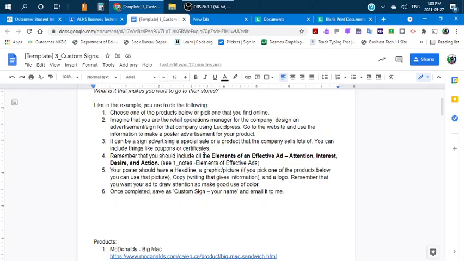Remember that you should include the elements of an effective ad, which are attention, interest, desire, and action. So for attention, you want to have something like a headline that's going to jump out and grab their attention. For interest, you're going to have pictures of the product to generate interest. For desire, you're going to have copy. Remember, that's just words on the page that somebody can read that tells them what they're getting. And finally, action. You're going to have something on the poster that's going to make them want to come in